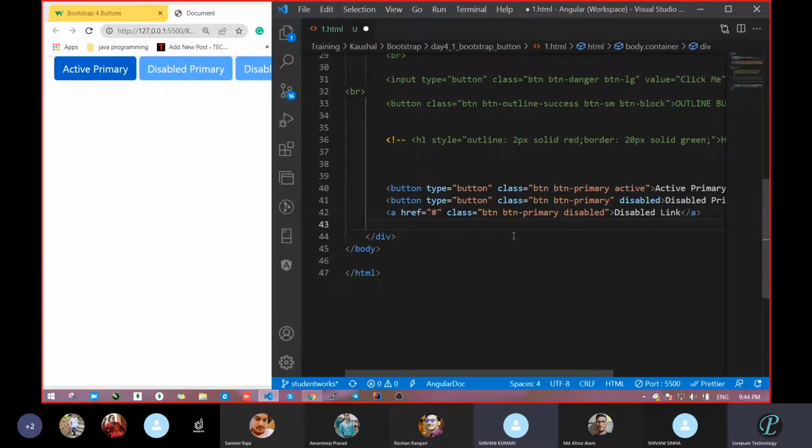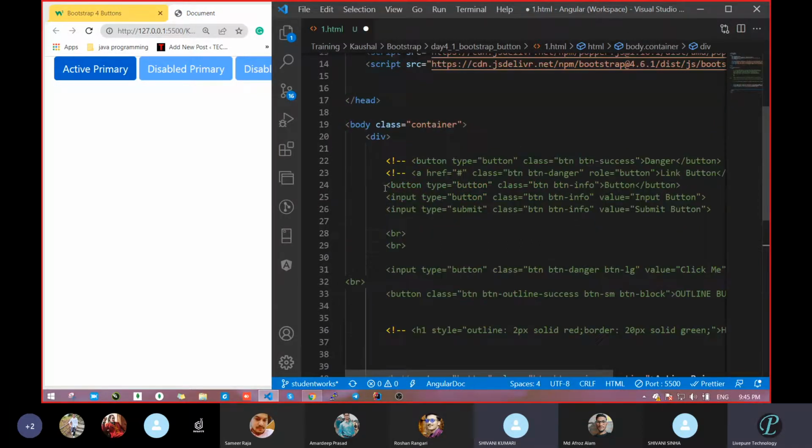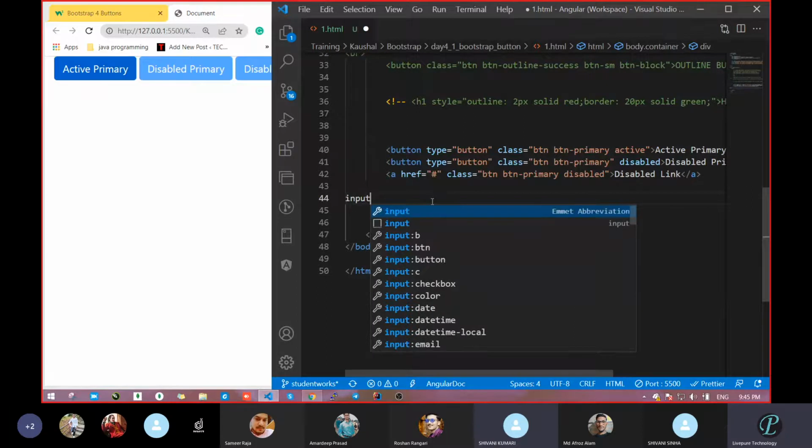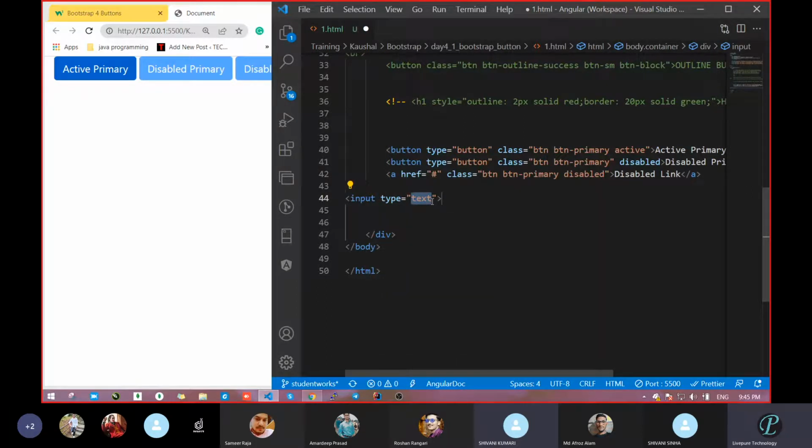Okay. So how can we do that? Disable and enable with the help of the active and disabled class names. Fine. Next, what are the things we had taken? You can take this anywhere. Do one thing, take one input field. Let's see how it will look. I had never checked all these things. So let's see.